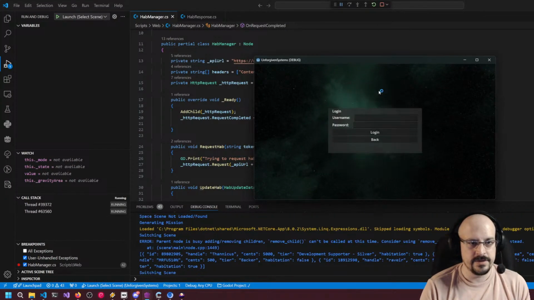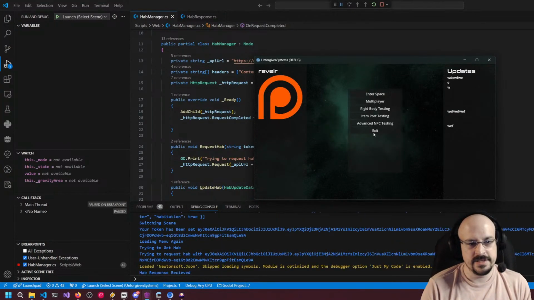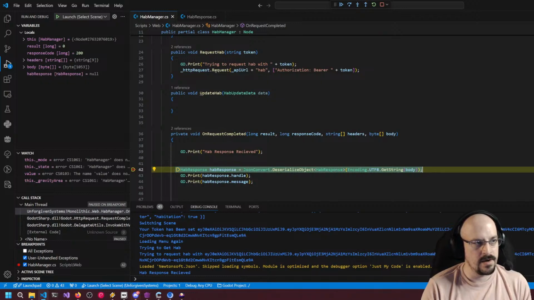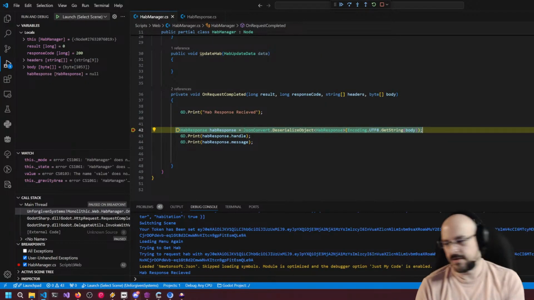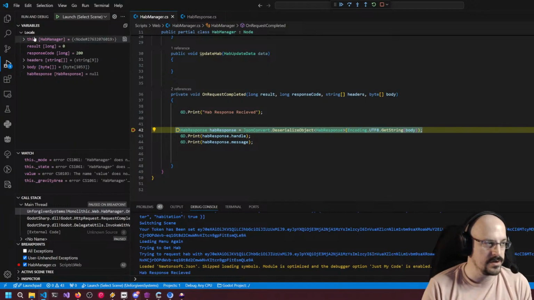We're going to log into the server. And now when I log in this time, boom, here we are, and our HAB manager has got a response back for our HAB. And if we look at the data structure of this, if we step forward from getting the response,